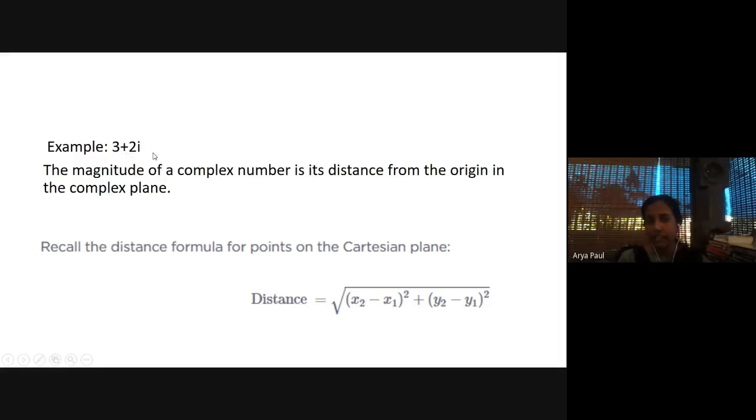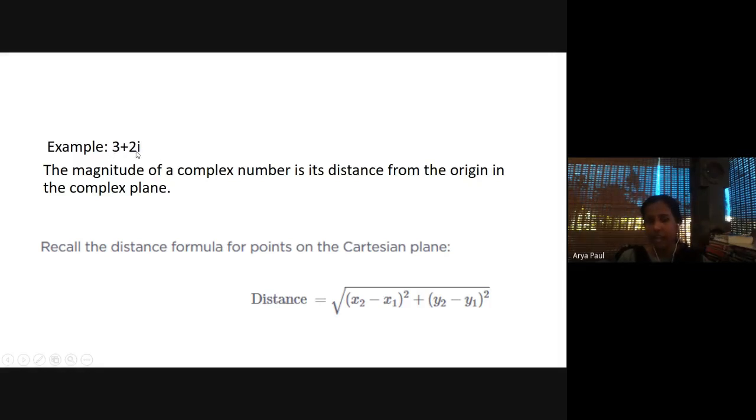Okay, so the angle the vector is making with the x-axis will be tan inverse of y by x. What is y? 2 will be your y component and 3 will be your x component. So tan inverse of 2 by 3 will be your answer. That is your angle. So what is the magnitude? Magnitude will be root of 3 square plus 2 square.